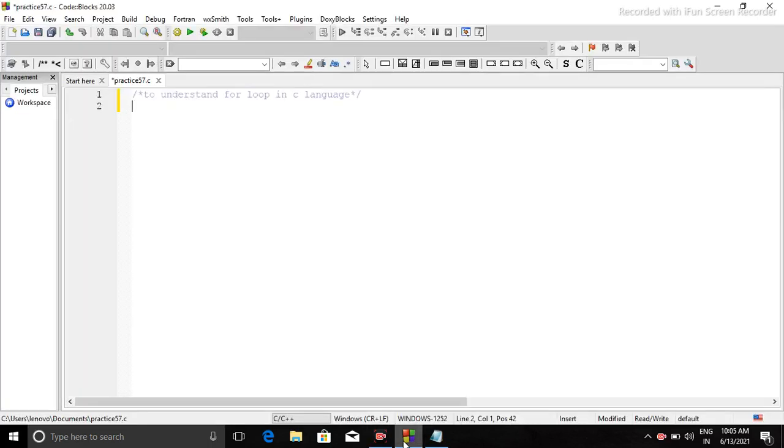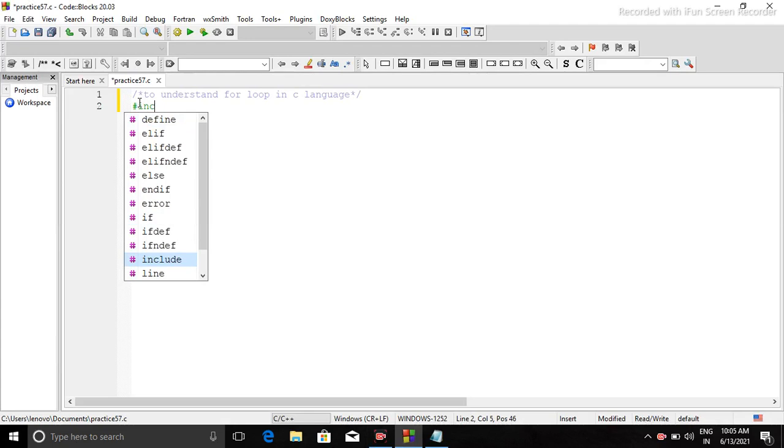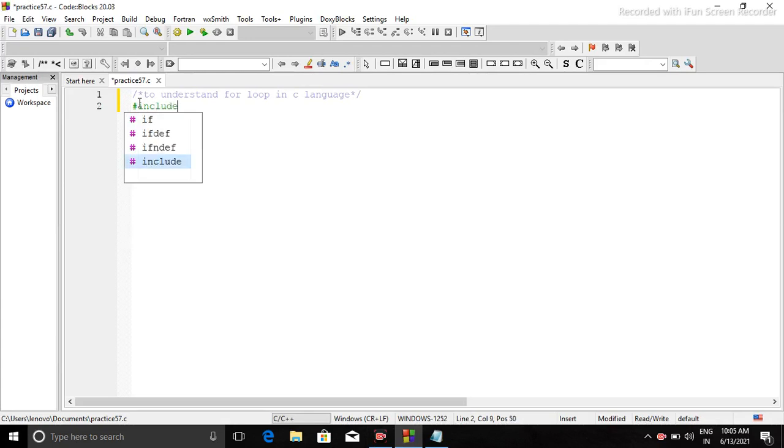So let us try to understand how the execution of the program works with an example. Let us dive into the code. First I include the header file stdio.h, and then the main function.